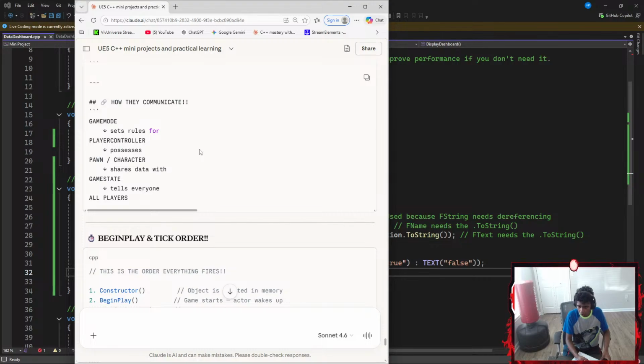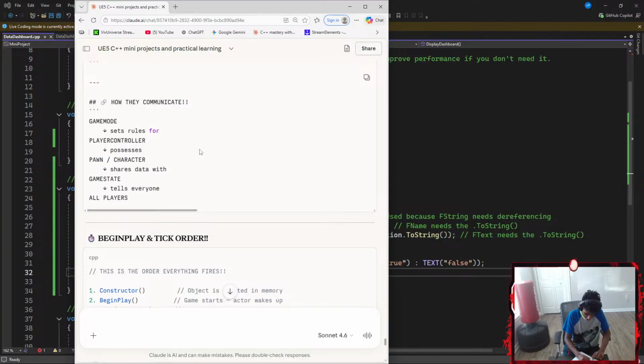And then player controller possesses pawn/character.